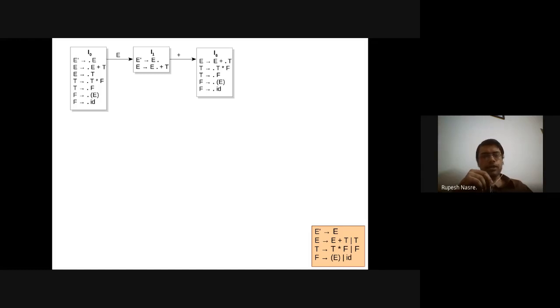All right. So let's move ahead. So now you have to tell me what happens on T. First of all, what are the transitions that are possible out of I6 that we have to see? So the transitions that are possible are going to be whatever appears after the dot. So I have seen this much. Now on T I can go somewhere. Similarly on T I can go somewhere. On F I can go somewhere. On opening parenthesis I can go somewhere, and on ID I can go somewhere. So there are 1, 2, 3, 4 transitions possible out of I6. Right? One of them is T. So where should I go to? Can people please draw that in your copies and tell me the item set?